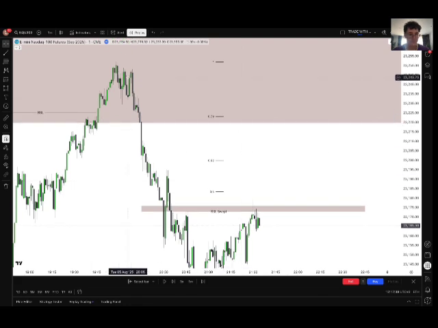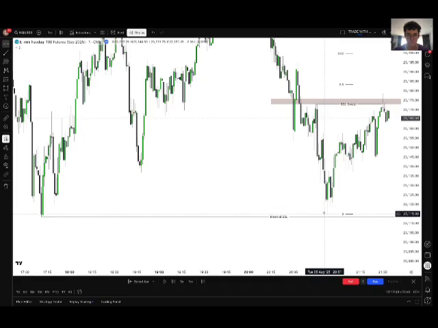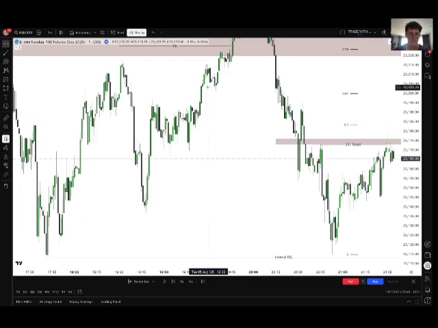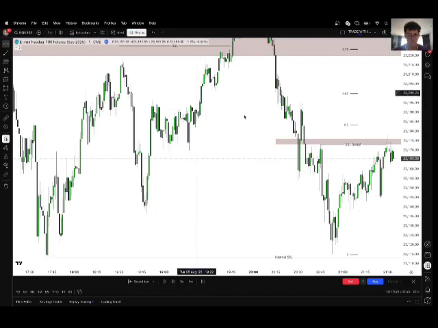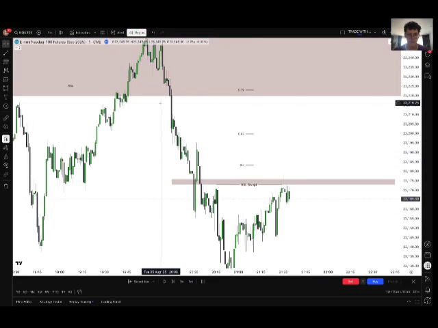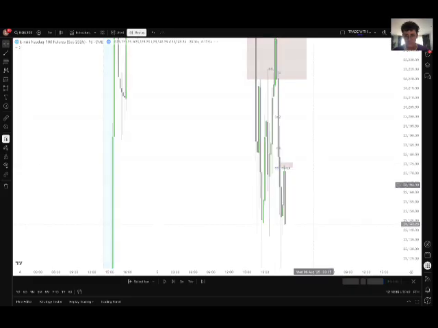So once we retraced back inside the 1 hour, we came down to sweep this low, but initially we did not sweep it out. We created relative equal lows, inversed two 15-minute gaps from here. Now I'm on the 1 minute time frame, as you can see. And when we inverse these gaps, we have created a 15-minute gap here, which you can see. I'm on the 1 minute time frame, so it's gonna look different, okay? If you go on the 15-minute time frame, there you go.